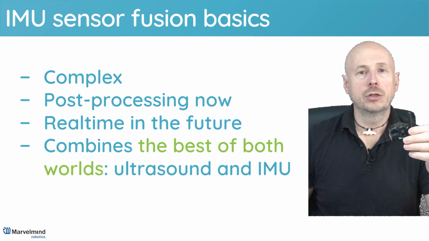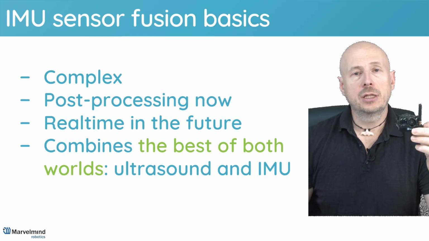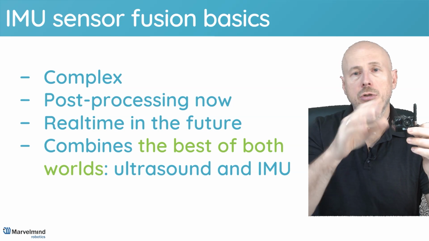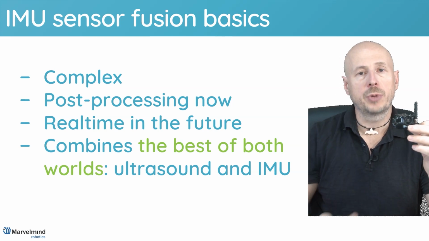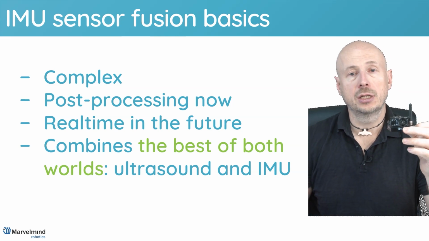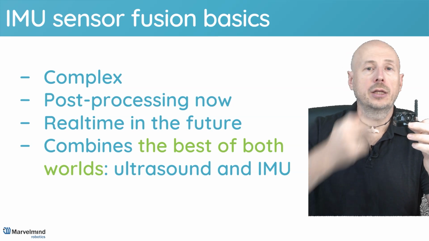If you have non-line of sight, who cares? For some time. So it means that if, for example, something is obstructing the ultrasound, okay, IMU will not pay attention, and IMU will be still producing the location. And if after a fraction of a second or 1 second you are back to line of sight, then ultrasound